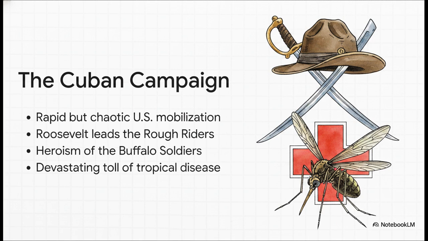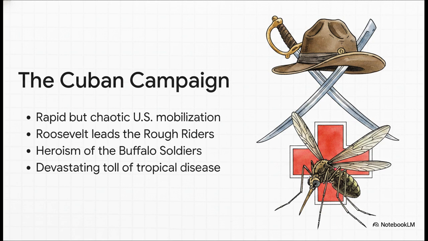Eventually, after a decisive naval victory at Santiago de Cuba, where the Spanish fleet was totally wiped out, Spain surrendered in July. But here's the grim reality. The true devastation for the U.S. wasn't from combat. Tropical diseases, like yellow fever, malaria, and dysentery, actually killed far more American soldiers in Cuba than